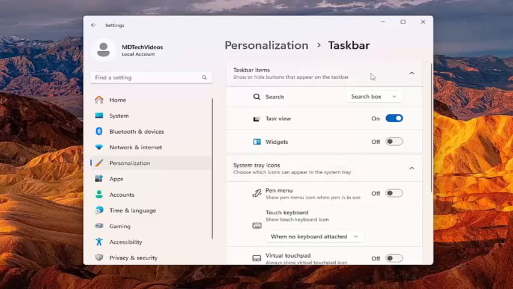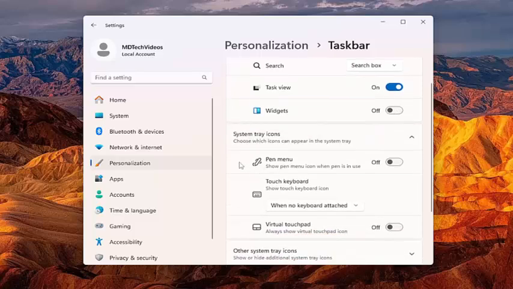And then taskbar items, go ahead and click the drop down to show all the items in here. And then you can check mark different items that you want to appear in the taskbar. And you can also adjust system tray icons as well. So if you're noticing there's certain icons down here you want to be displayed, you can adjust them by toggling